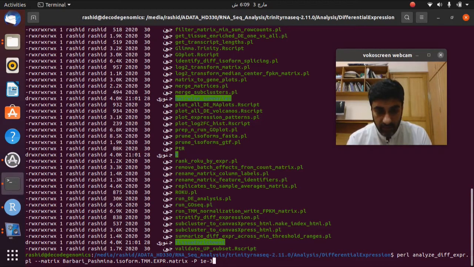But before running it, we have to install 3 packages in our R. Make it clear that we are using Trinity, but Trinity uses the R language and R statistical packages in its background. So make sure that all the required packages are installed.